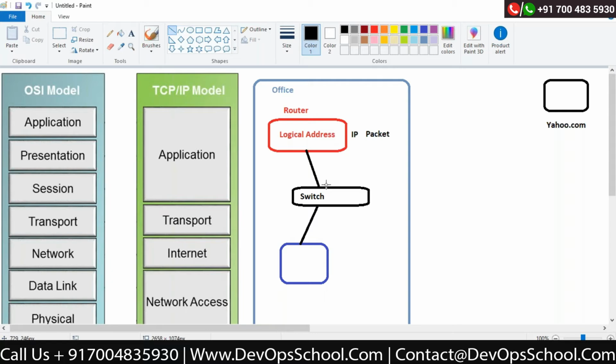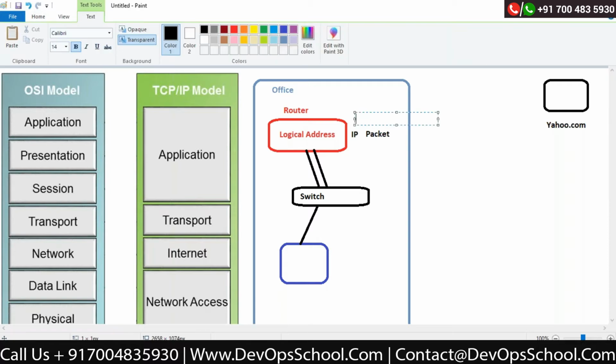Now when the packet or the frame has actually moved over here, correct? What will my router do? The router only understands what? IP address. Now the MAC address is there, but it is hidden. It is not readable by a router. What can the router read?